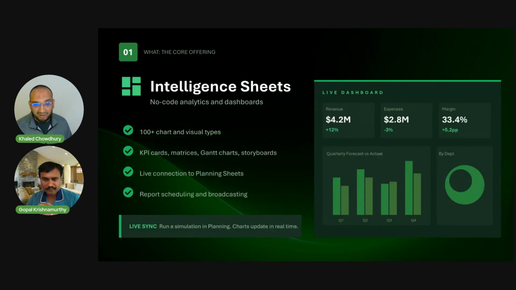What is intelligence sheets? So the reporting or the BI goes hand in hand with planning. Why do you do budgets and forecasts? So you're saying that we might have an option of going beyond Power BI's visual limitations sometimes? Yes. So typically what you do is the write back.